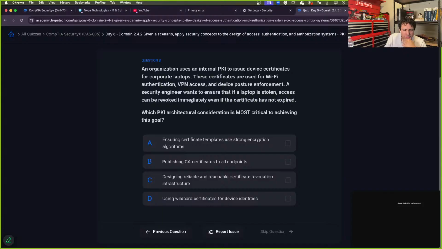Okay, so we want to make sure access can be revoked. So, I mean, encryption, yes, we want strong. C, designing reliable and reachable certificate revocation infrastructure. Probably is what we're going to have to do, because if you guys have ever deployed Microsoft certificate authority services,